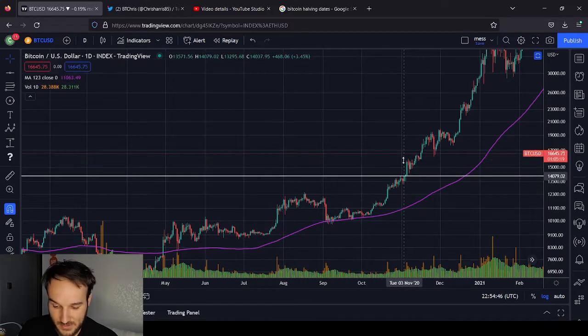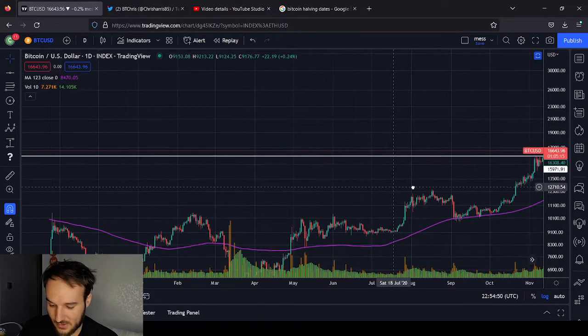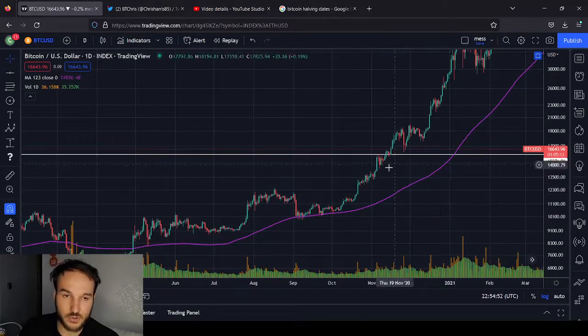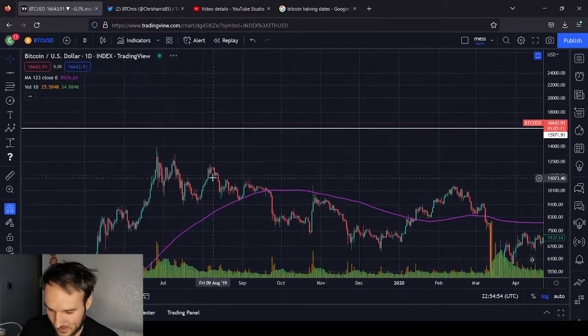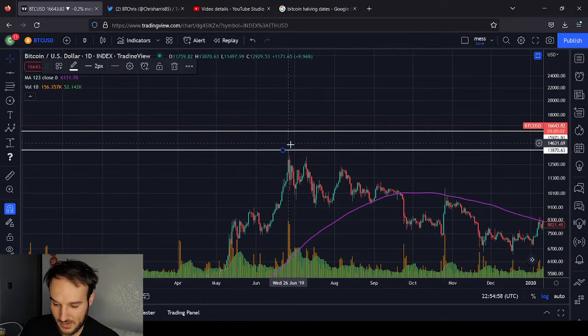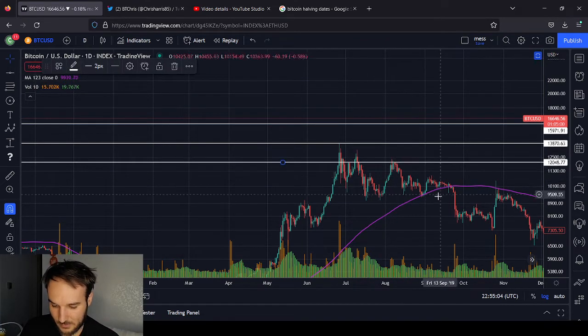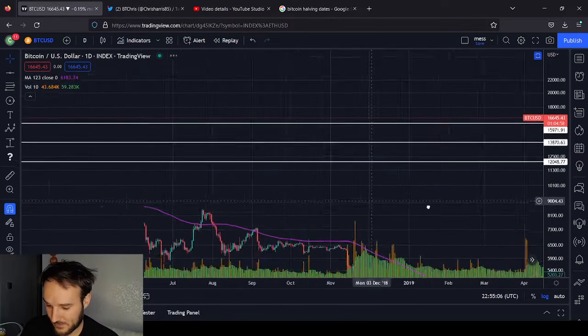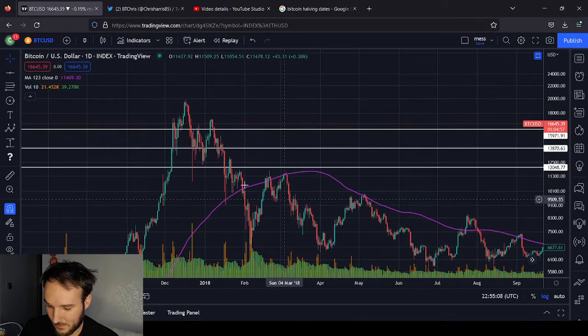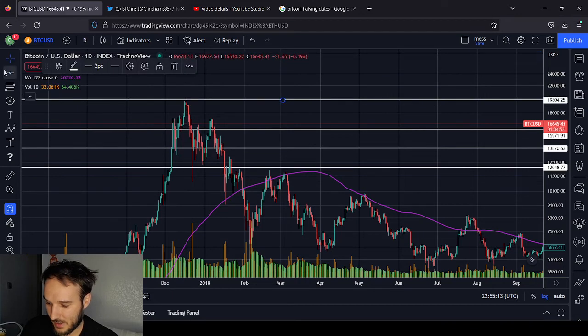This is kind of a topping area here, right here. This was resistance. It's kind of closer to that zone. We were in it for a short time here, is what I'm trying to say. Over here we were kind of close. We had a nice top right there. That was a focal point. We could do another line somewhere around there, 12,000, yeah, looks about right. And then, of course, the all-time high and the lower high right there.